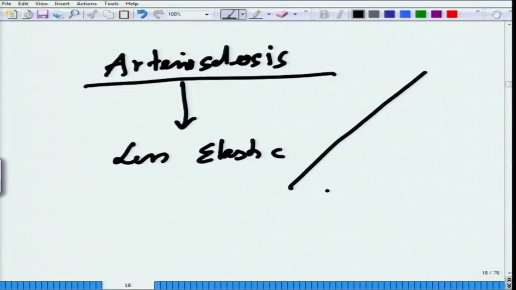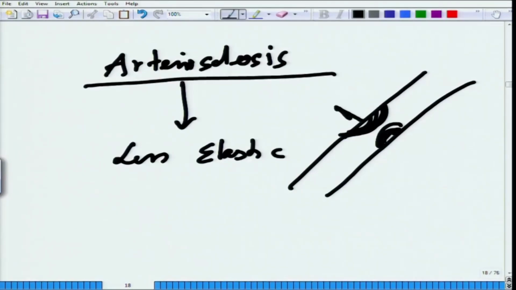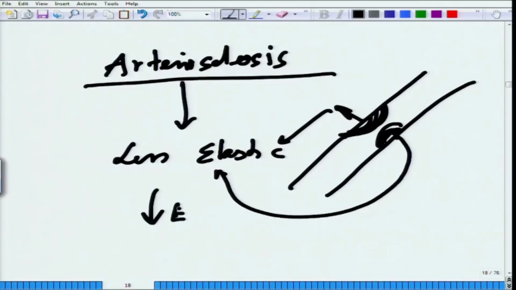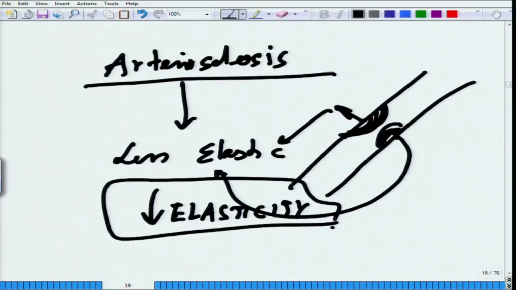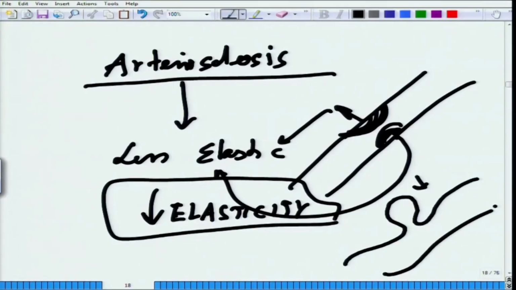During arteriosclerosis, if this is the vessel, there are depositions taking place like this. Okay. So, the elasticity of this zone is reduced, and eventually the decrease in elasticity leads to a situation like this. At some other point, it bulges out like this, and this particular layer is extremely prone to hemorrhage,